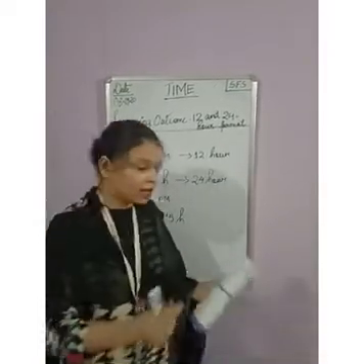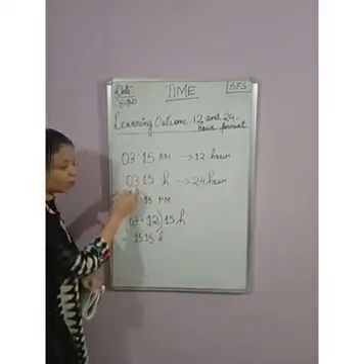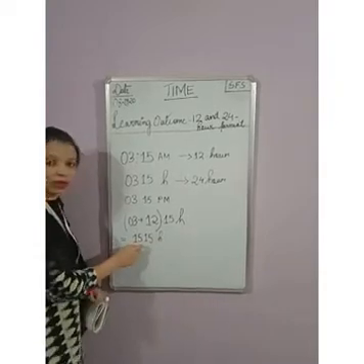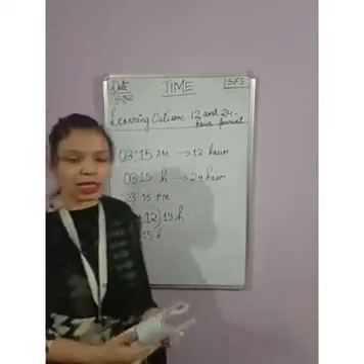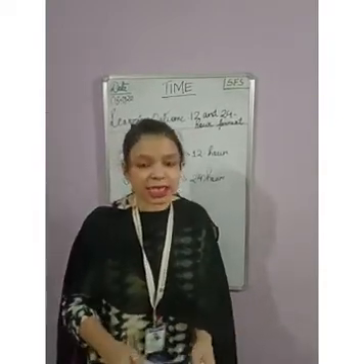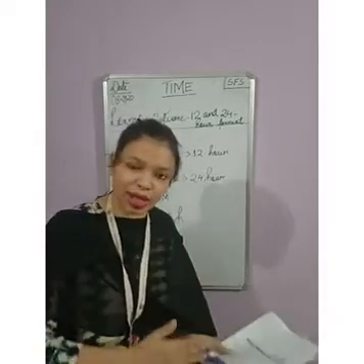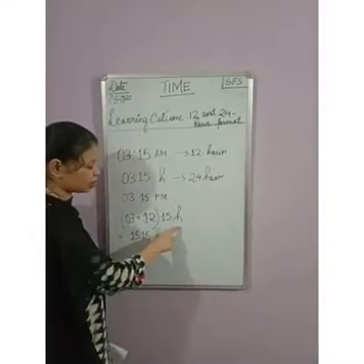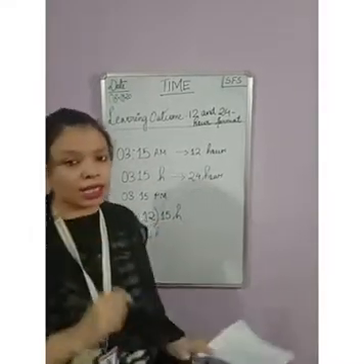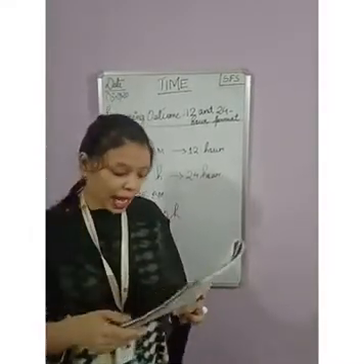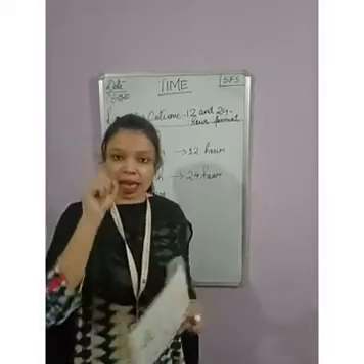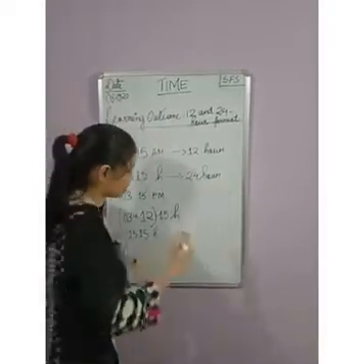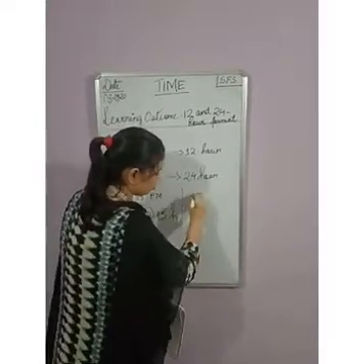If the hour number is smaller than 12, then we know it is AM. And if the hour number is more than 12, then we know it is PM. So this is how we express time in the 12-hour and the 24-hour format, by writing one small unit, that is small h, that is hour. And if it is midnight, exactly 12 o'clock, we express the time as 0000h.